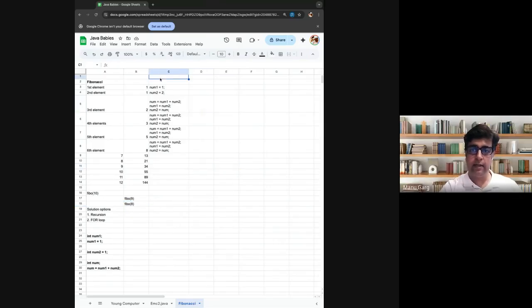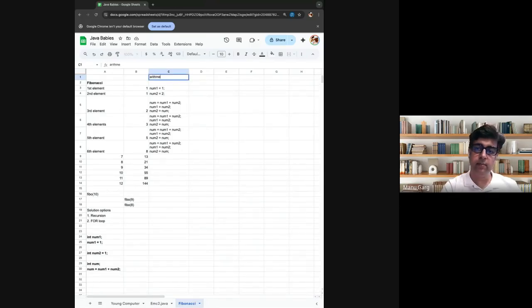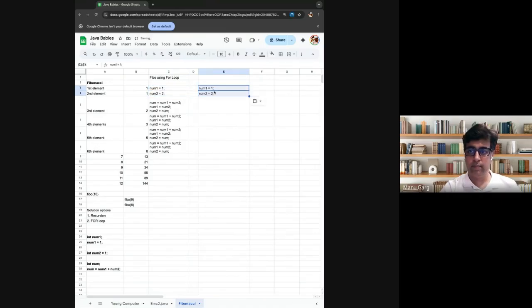So here, this is our arithmetic way, or let me call it the for loop way, Fibo using for loop. We'll draw a parallel now and work on recursion. These two numbers are still known, so I'll just copy these two here, and I will say Fibo of 3 is equal to Fibo of 1 plus Fibo of 2. This is basically recursion,